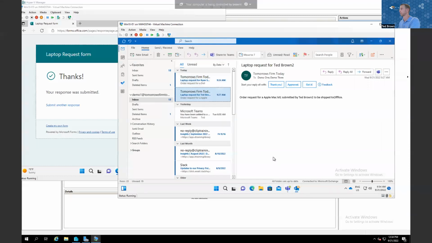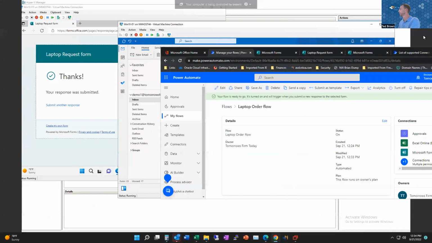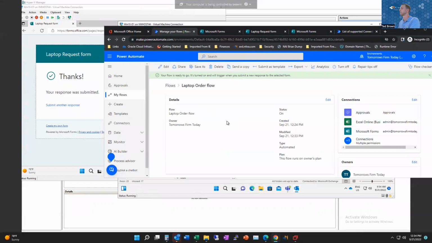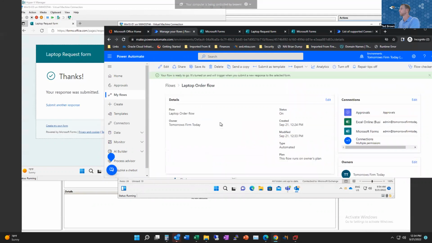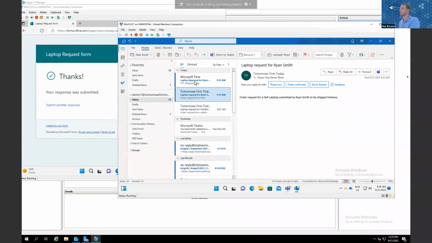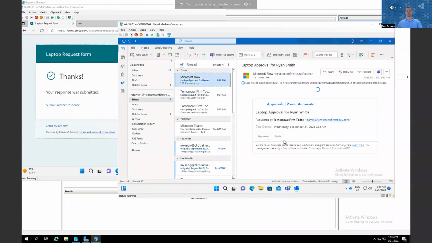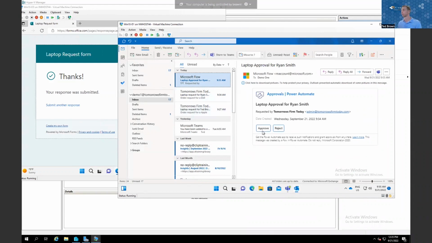So I can click on my Outlook here. Order request has been put in. I can pop back over to my flow. And you can see here, I finally got my Microsoft Flow approval. So again, that was kind of the key part here, is making sure that we approve, and it actually makes a nice little form that's already pre-built into the solution. Hey, do I want to approve or reject this? So I have an option of what do I want to do? So I'm going to click on approve